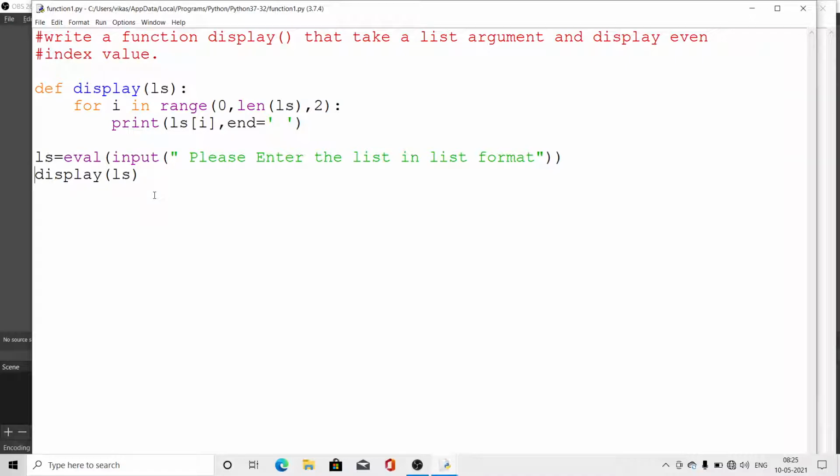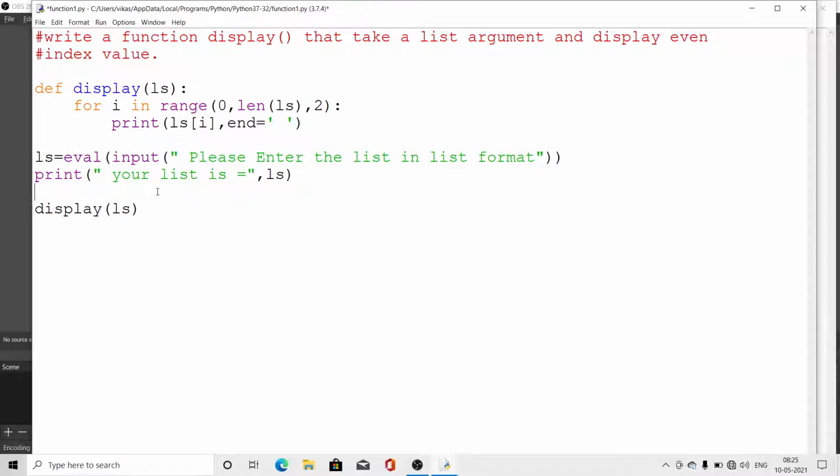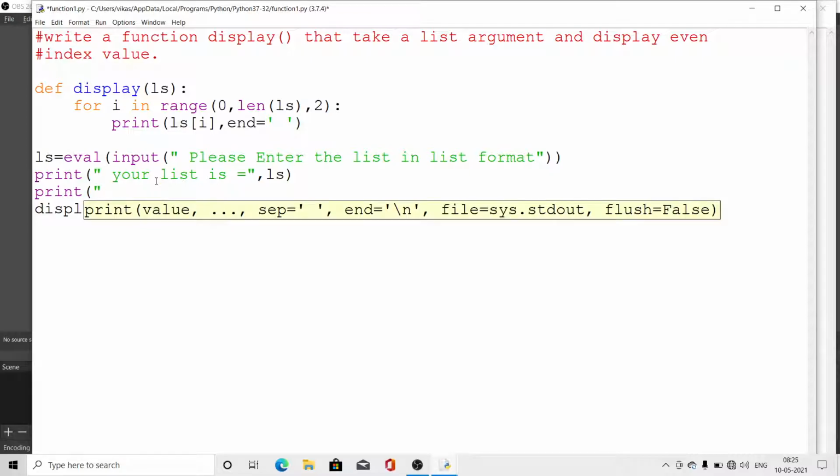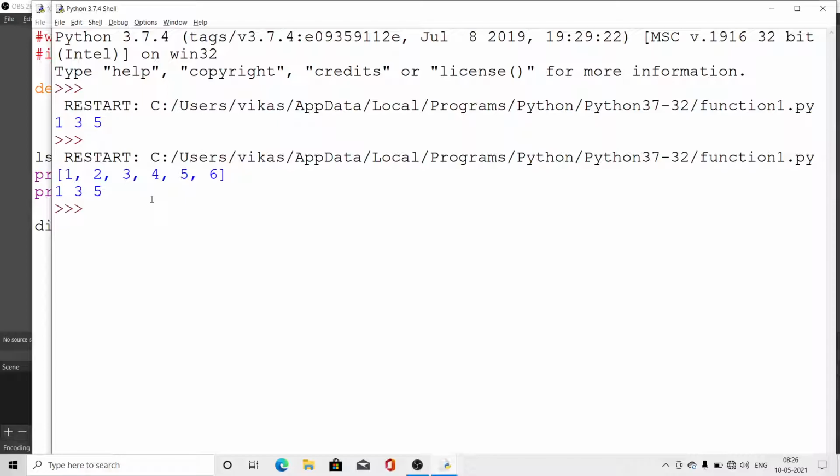Before that I will give one more message, print your list is, comma, ls, and then I will display even index value of the list is, and end is equal to this. So I executed this one.